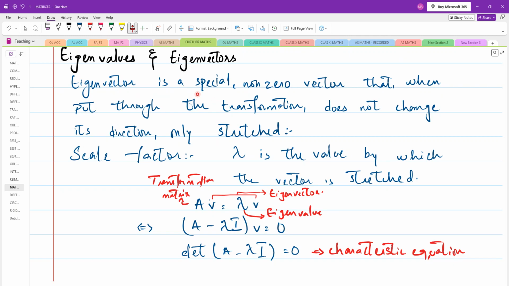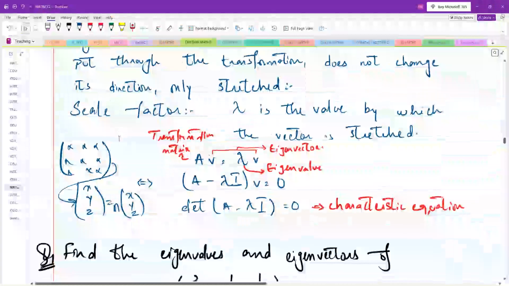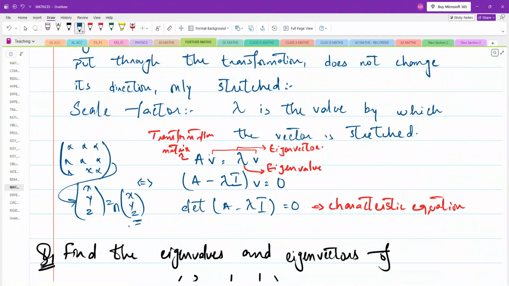This means that, let us say that we have a 3 by 3 matrix over here, and assume that this is a transformation matrix, and then we have a vector over here. We multiply this transformation matrix with this vector, and the answer we get is some number multiplied by this vector. So when we apply this transformation onto this vector, we will get the same vector but multiplied by some